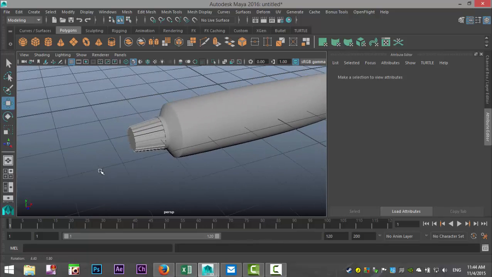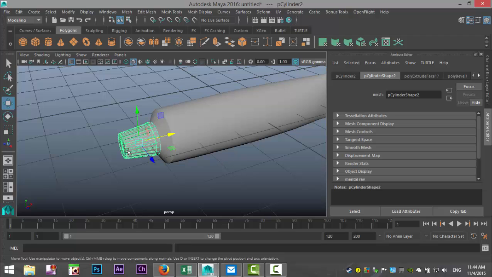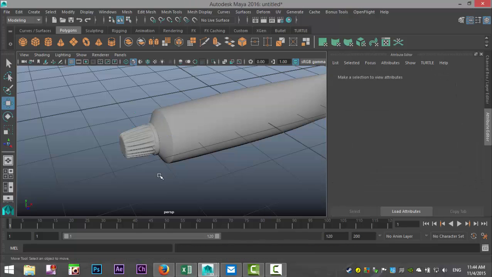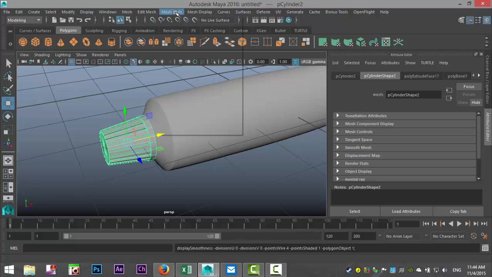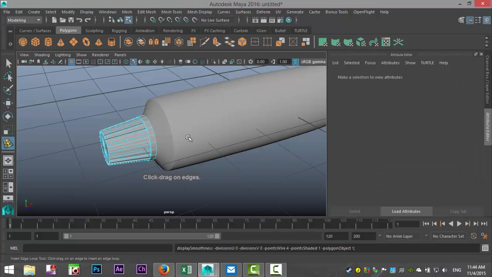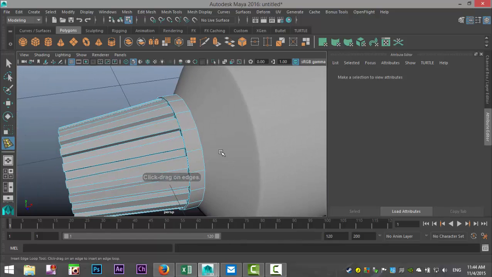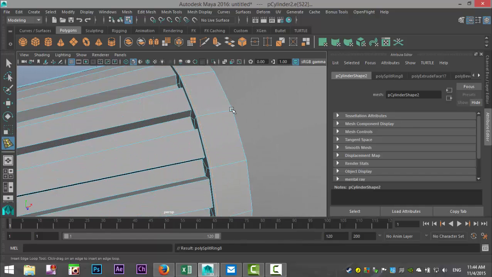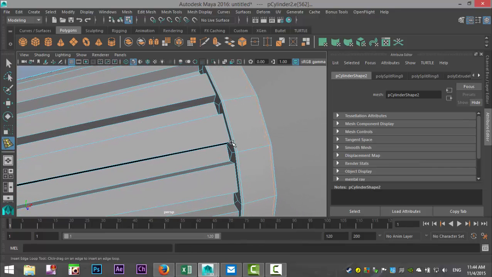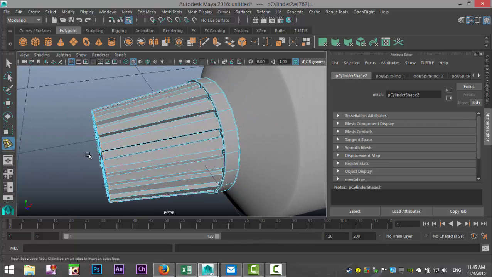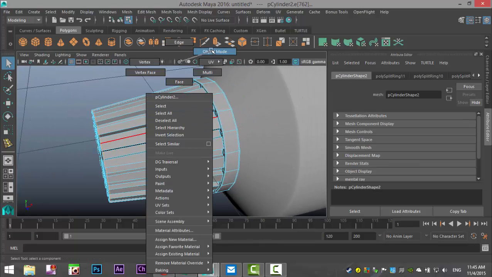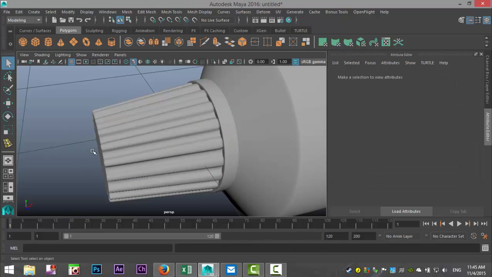All right. Now, obviously, this is plastic, at least the cap is. Okay. I'm going to try a smooth, but I'm not sure what that's going to look like. So, not too bad. Hit 1 to go back. Go to Insert Edge Loop Tool. And we're just going to add some edges. So, we'll do one here, one here, one right there, and one right there. Q on our keyboard, right click Object Mode, hit 3 to smooth out.